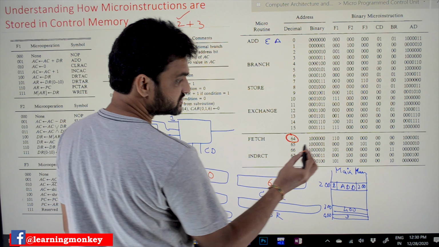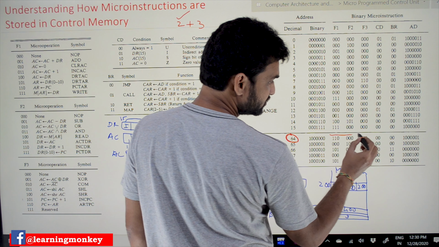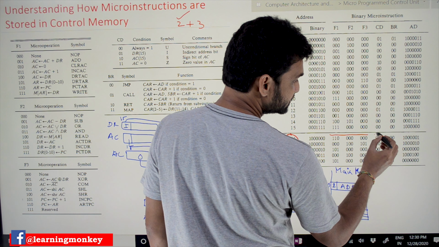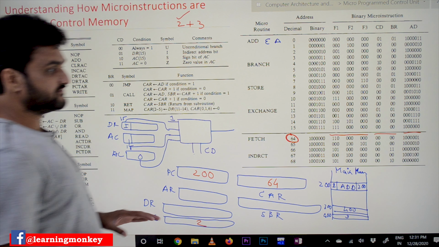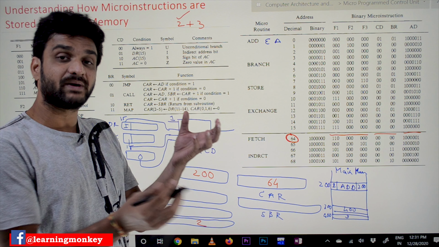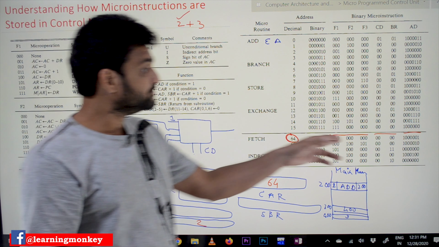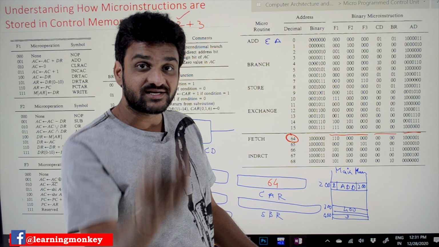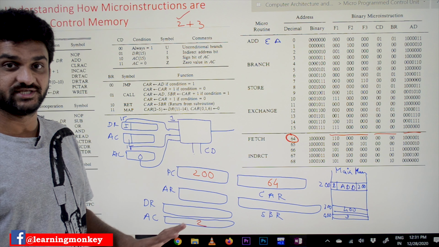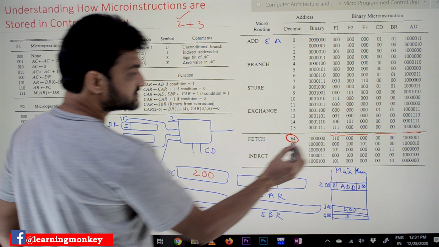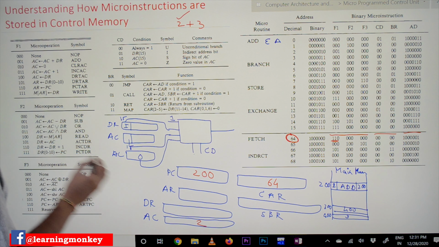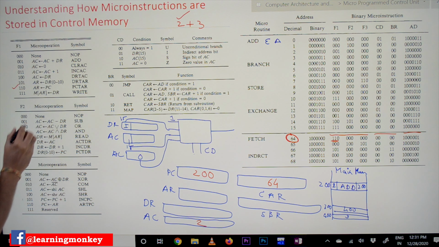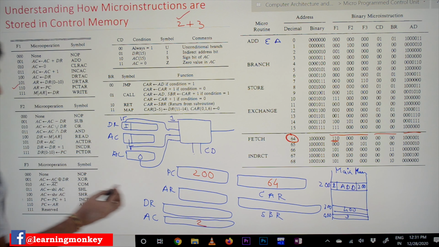In this micro instruction, these three are the control word part, this is the status bit part, and this is the address part. What we have discussed is that the control word part will get executed in parallel. Based upon the status bits, the next address will get stored onto the control address register. Now, what this F1 group micro operation is stating, 110, means this instruction has to be executed: the program counter value will get stored onto the address register.